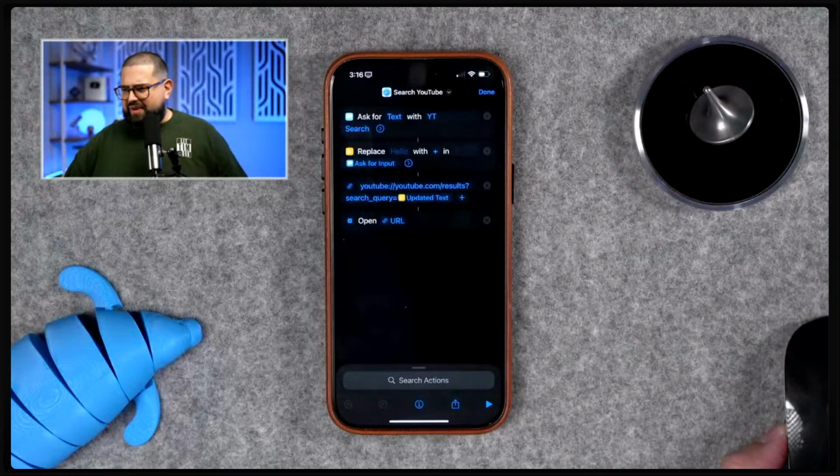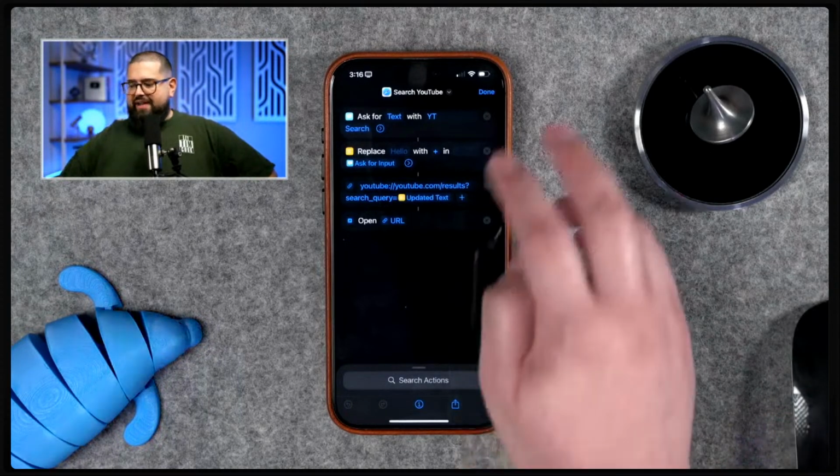Let's see, who else do we have? Mark, that Amazon search. Thank you, appreciate it. What other shortcuts do we have here? Oh, brightness level. All right, so